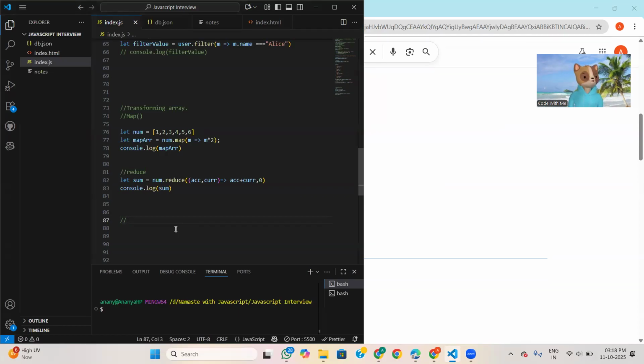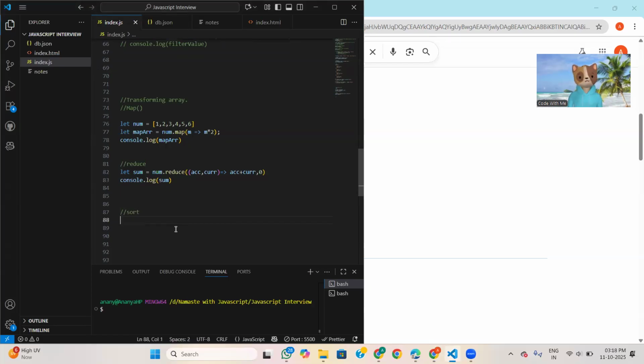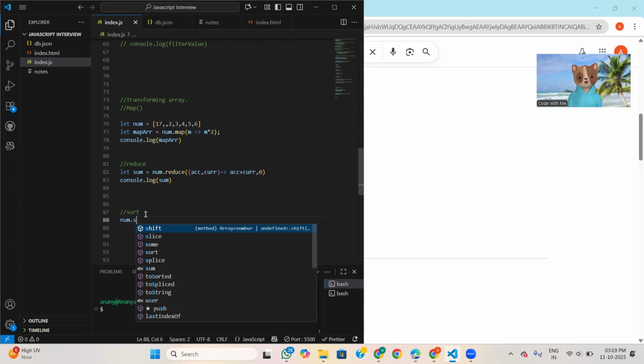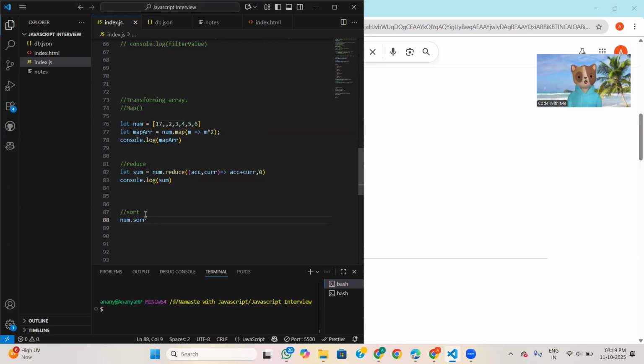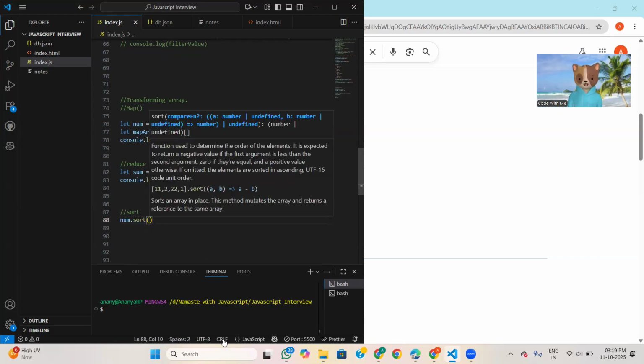So if we have to sort any element, like see, okay, we will take that example also, like nums, here it is given in sorted way only. If I give here 7 comma 1 comma 17, yeah, 17 comma 2, if I give nums dot sort, sorry,